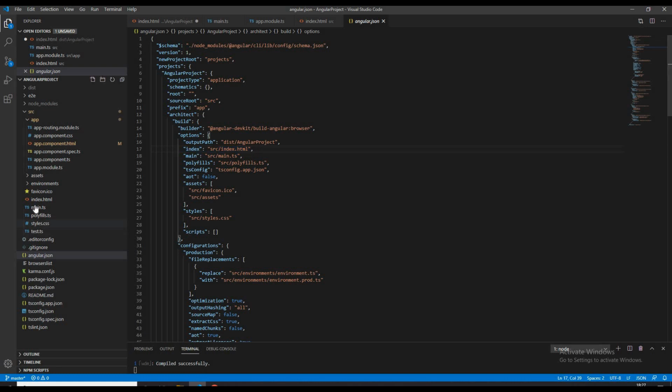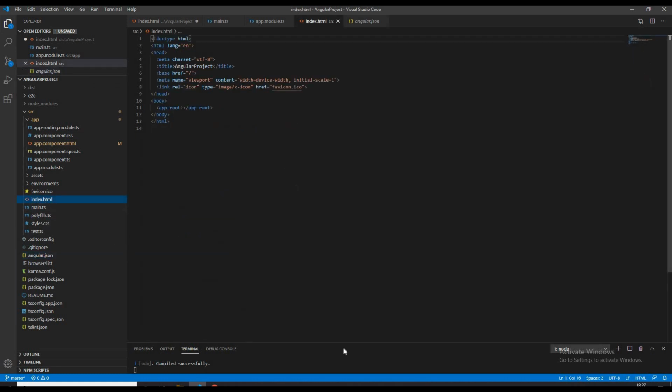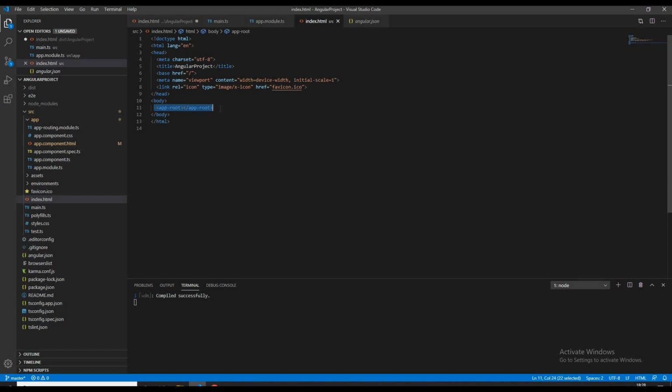Let's open index.html. There are no JavaScript files, no style sheets, nothing. Script files are generally used in index.html by using script tags. There are no files used in index.html. We just have the app-root tag in the body of this file. We already know that an HTML file can have JavaScript files and style sheets. But here in this index.html file, we have nothing like that.